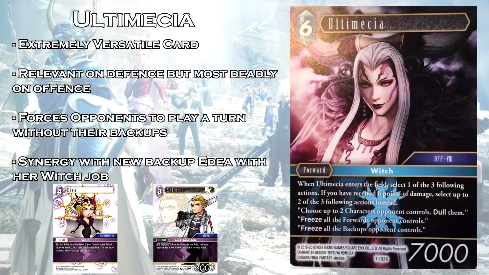If you do chuck it into potentially even a mono Lightning deck, I potentially see her being very good. So in a situation where, say, your opponent has one forward on the field, you can play Ousted Onion Knight, blow up their forward, and you have two forwards on the field, and then you can break your Idea, put Ultimecia in, freeze all your opponent's backups, and if your opponent's all tapped out, then your opponent literally has to find a way to respond to your Ultimecia, your Ousted, and your Onion Knight that are all going to be attacking on the next turn, and your opponent only has cards from their hand in order to respond